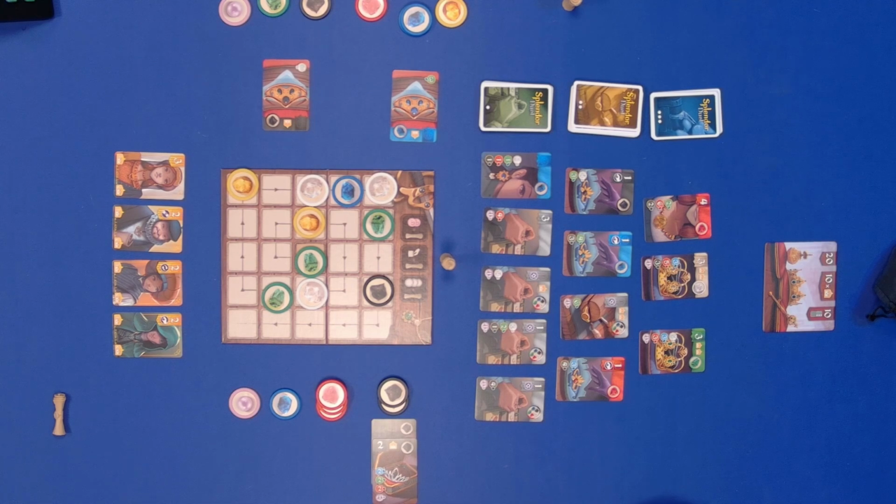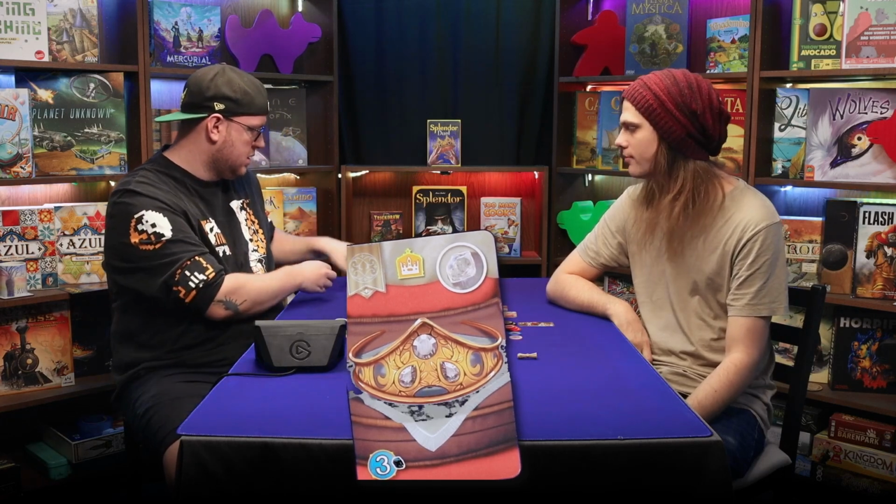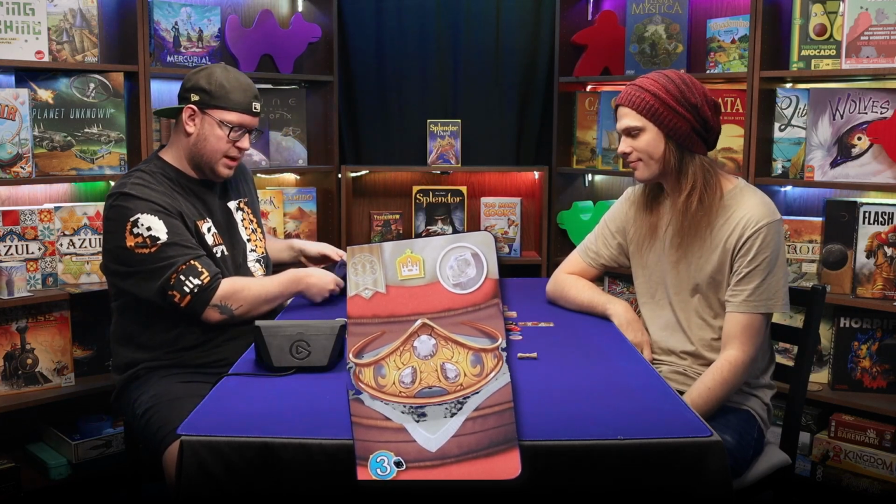I build this card. So this will cost me 3 blue, 2 tokens, and the blue card that I already have. And will give me my 3rd crown. Crown meta. Of which I will take the...